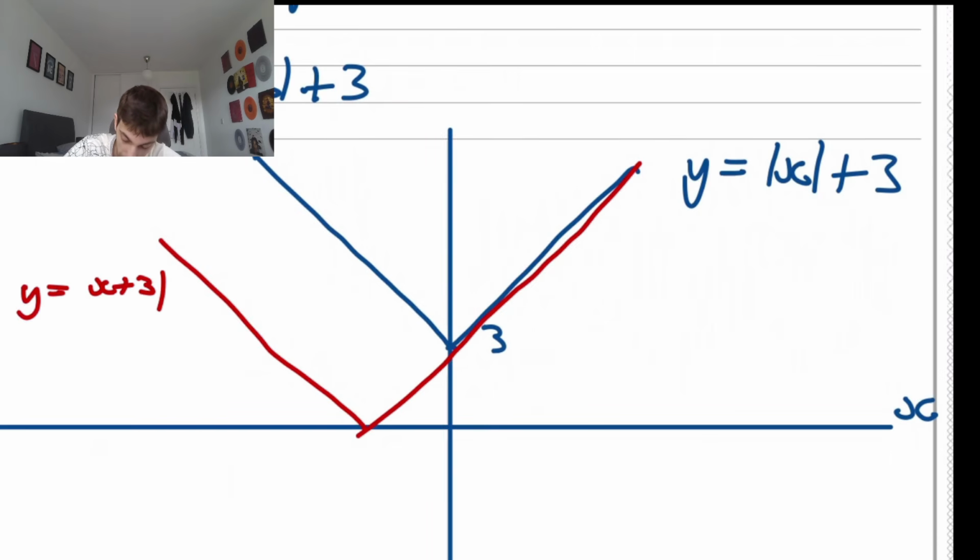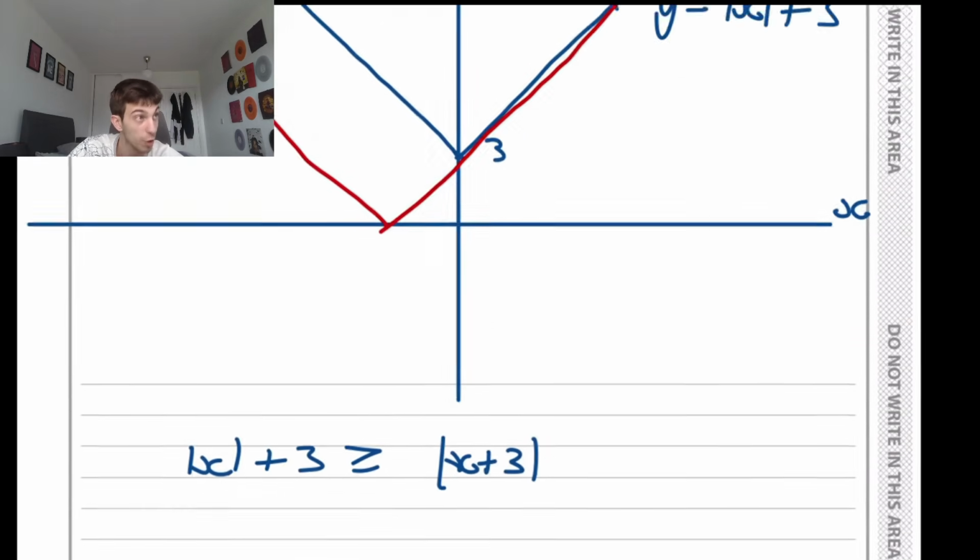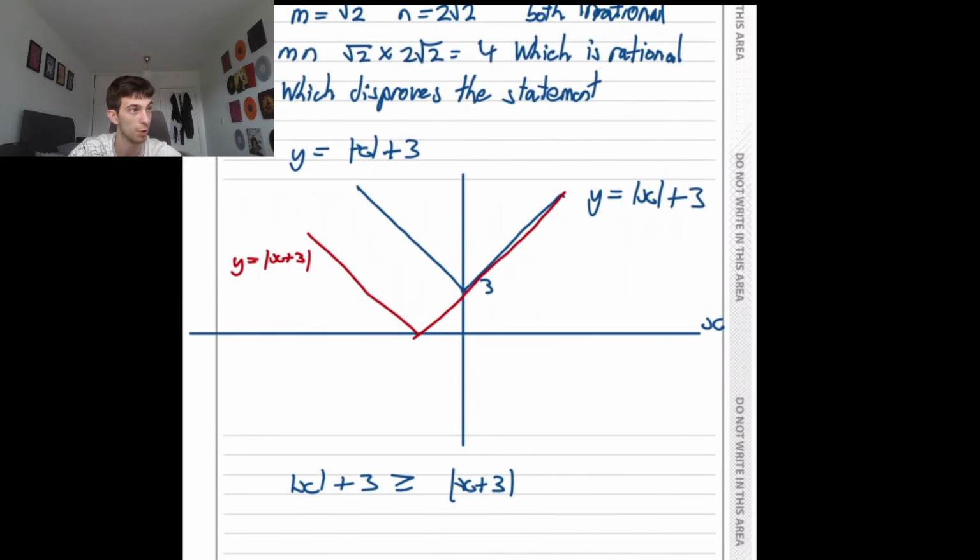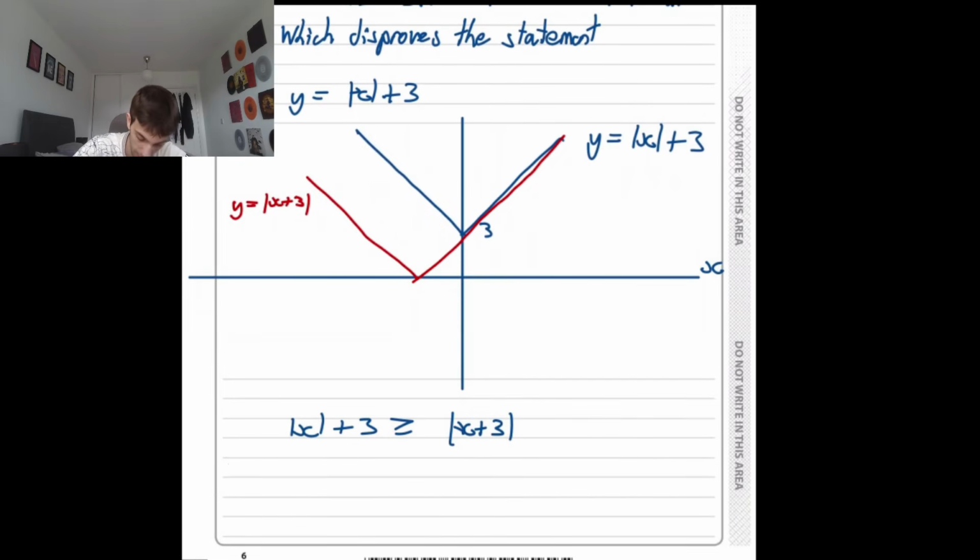So now that we've sketched them all out, we can look at our inequality. So what are we trying to show? We're trying to show the modulus of x plus 3 is larger than or equal to the modulus of x plus 3. We can see this is actually the case, because by looking at a sketch, just looking at the graph, we can see that for x,